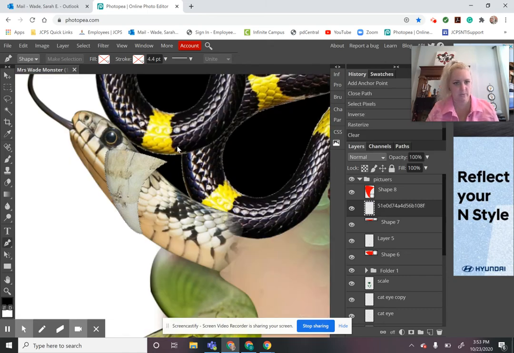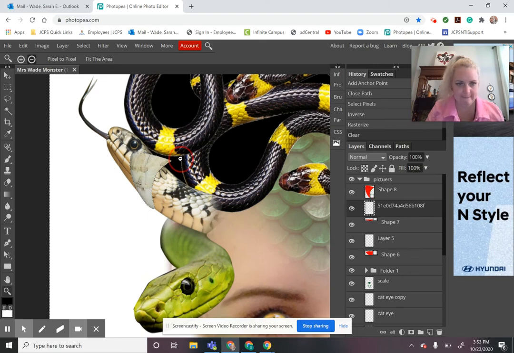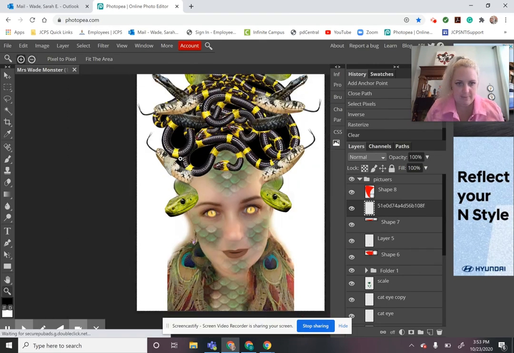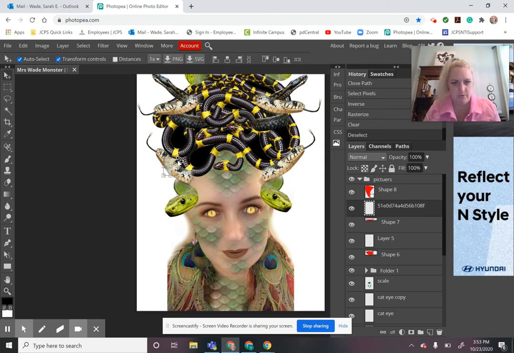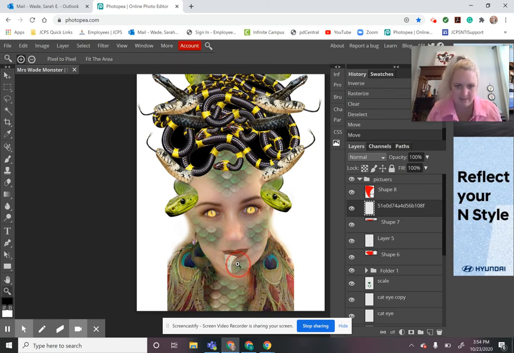So let me zoom out again. And I'm going to use my move button to move that fang down. And it looks like the fang is underneath my face, so I need to make sure I drag that layer up above my face so I can see it. Actually, it was right there. Okay, it's good. So I'm moving it down, and obviously I need to make it much smaller because it's way